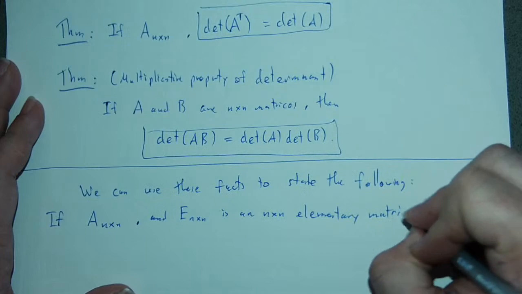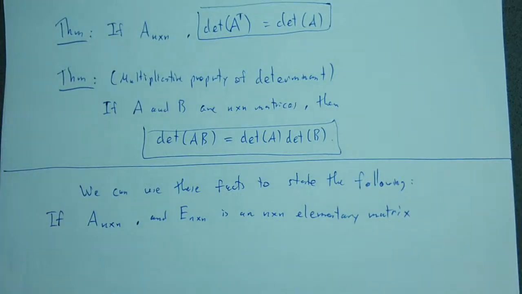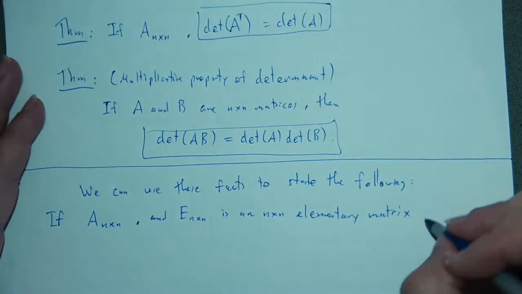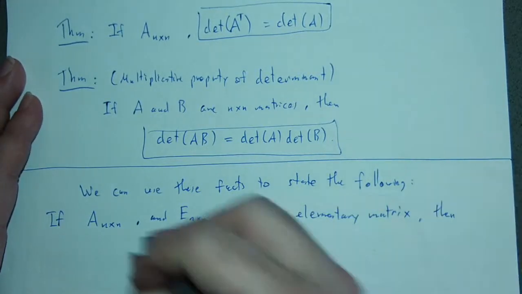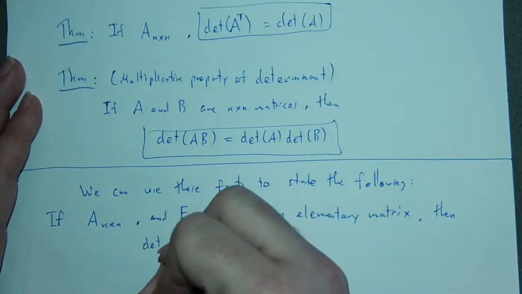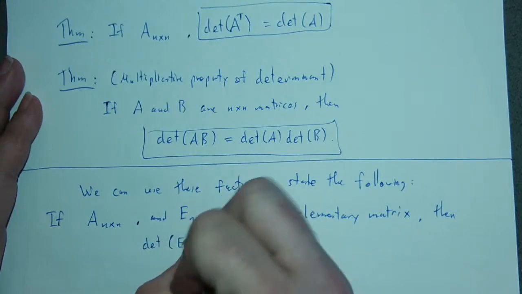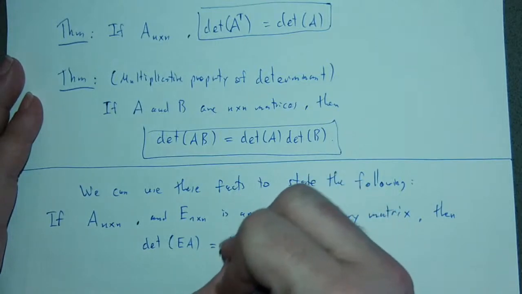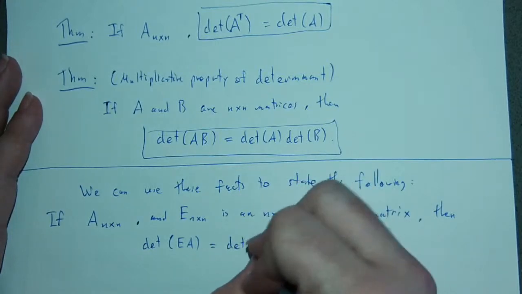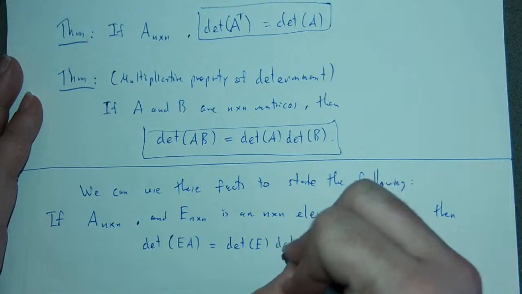It is a matrix obtained from the identity matrix via a single elementary row operation. So if A is any n by n matrix and E is an n by n elementary matrix, then the determinant of EA is equal to the determinant of E times the determinant of A,